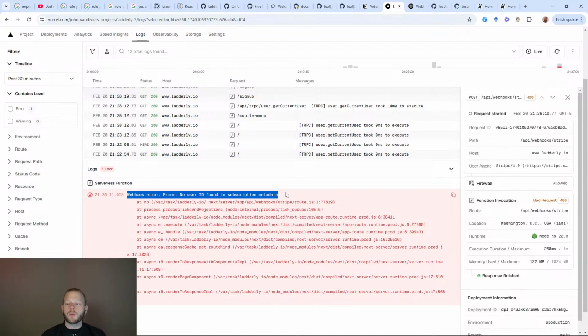So this is a cancel request, a Stripe request to cancel a subscription, and it is repeatedly failing. Stripe is calling the endpoint over and over. I dug into this particular subscription, I looked at the metadata, and this is a subscription that doesn't exist. And so I'm erroring in this case.